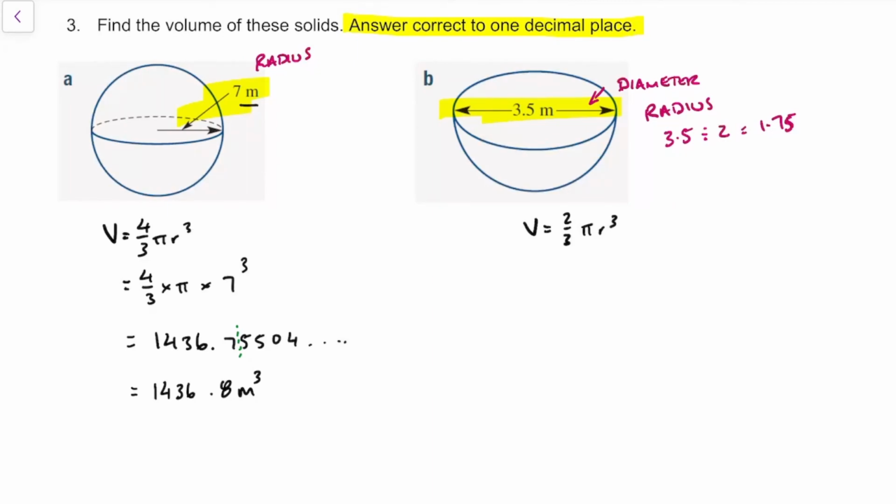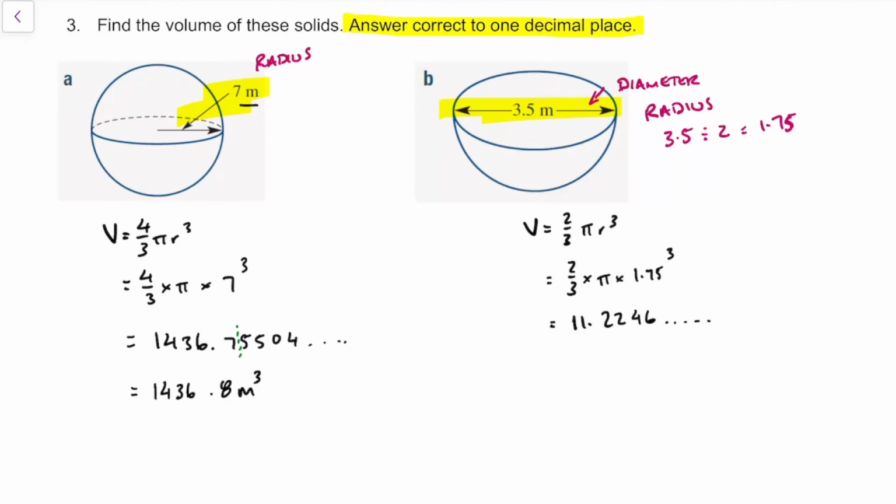So just making sure that we are using that radius and not that diameter, because we won't be able to get the same response. So back to our formula here. 2/3 times pi times 1.75 cubed. Okay, so that's all of that 1.75 cubed, and we're going to end up with